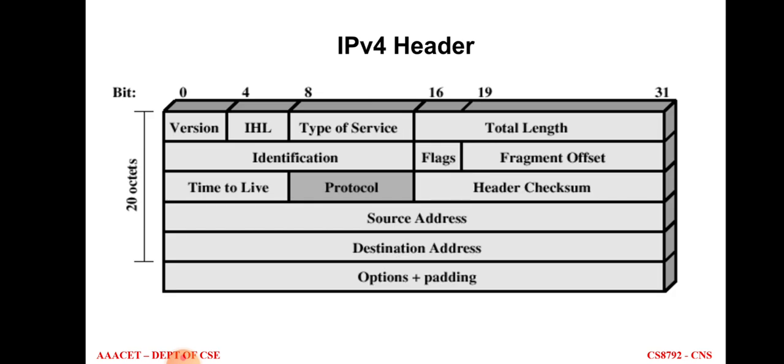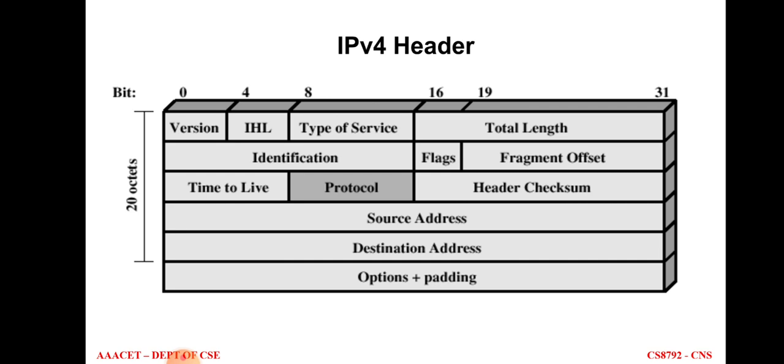So initially the IP was enhanced with version 4. So this is the header format. Because it is a packet, each and every packet has some header format. The numbers 0 to 31 are the octet values. The first one is the version number, and the second one is IHL, that is header length, and next one is type of service, which type of service is to be provided by this particular packet, and the total length of the particular message. Next one is identification value and flag.